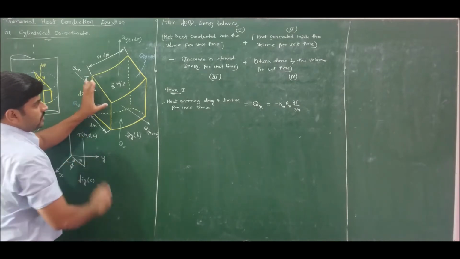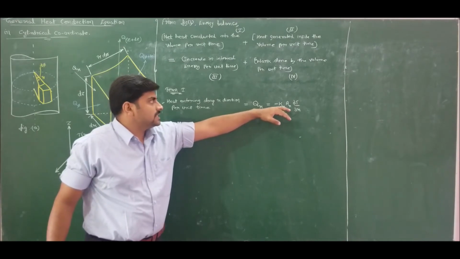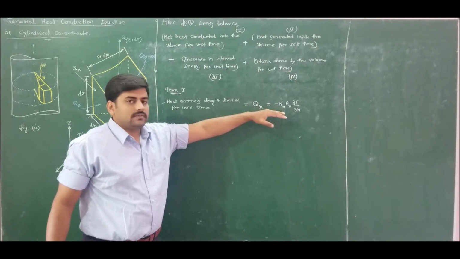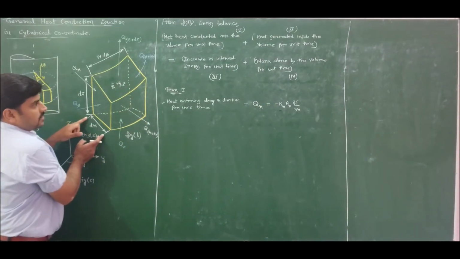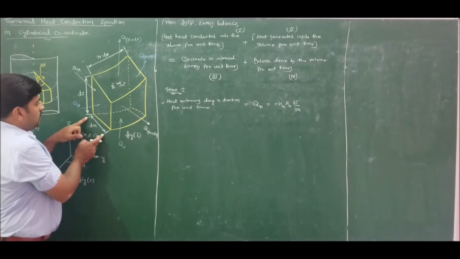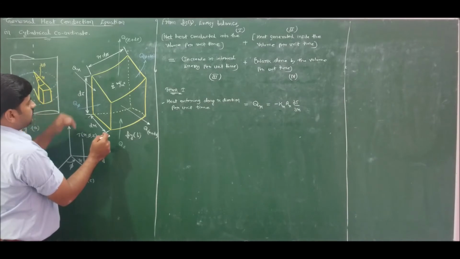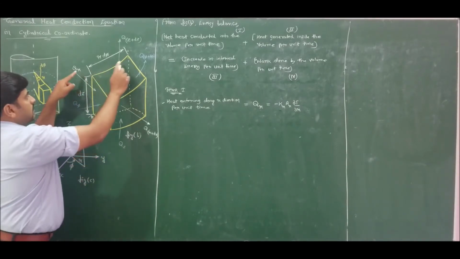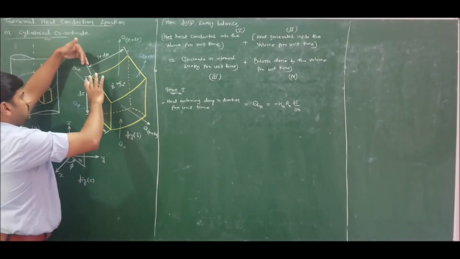It is correct. We know that from Fourier law of conduction, the conduction equation is given by minus KA delta T by length, T2 minus T1 by L. So along R direction, the length is dr. Therefore it is dou T by dou R, and the area perpendicular to the direction of heat flow in R direction will be dz R d phi. So area perpendicular to the direction of heat flow in R direction will be R d phi dz.